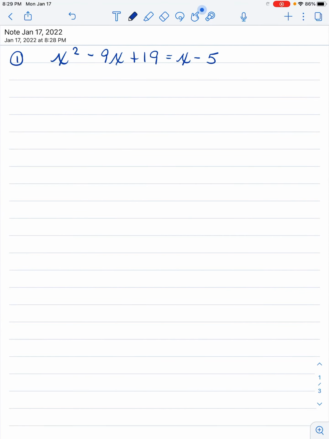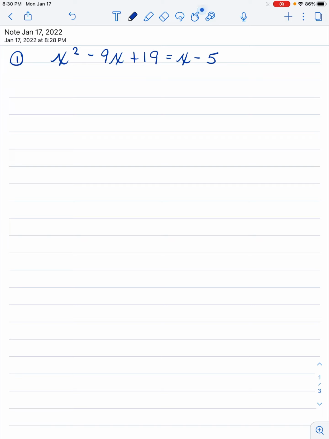There are several ways to solve quadratic equations. The first one we're going to talk about is solving by factoring. What we're going to do is take this quadratic, which is a trinomial, and factor it into two binomials and set each binomial to 0. In order to do that, we have to